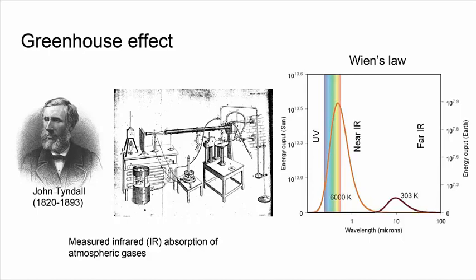Wait, is that peak at 303 Kelvin? Sorry, this is showing the black body spectra for two different objects. One is at 6,000 Kelvin, which is the red one. And then this black or blue one is a different curve. This one, which is black or blue, is at 303 Kelvin, and the red one is at 6,000 Kelvin.